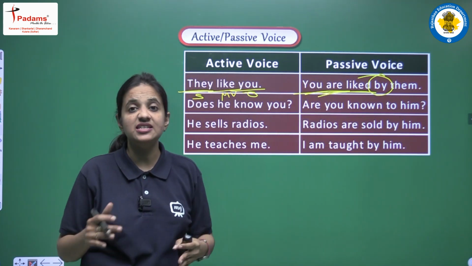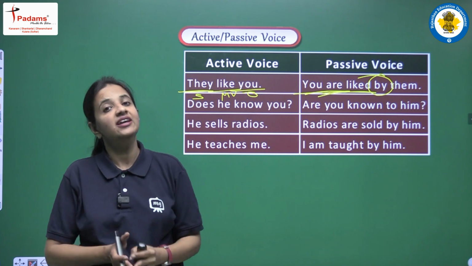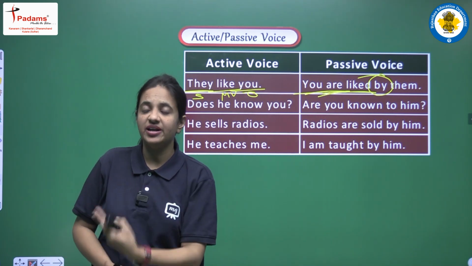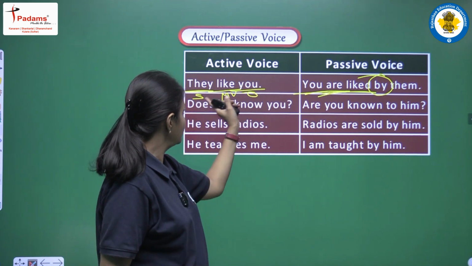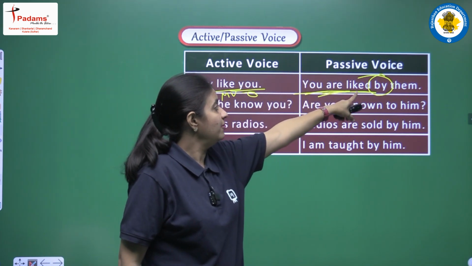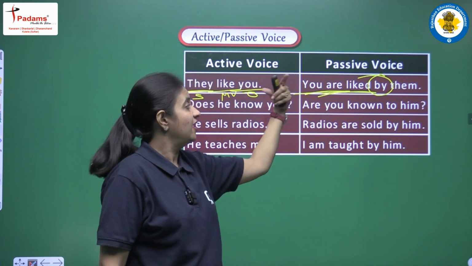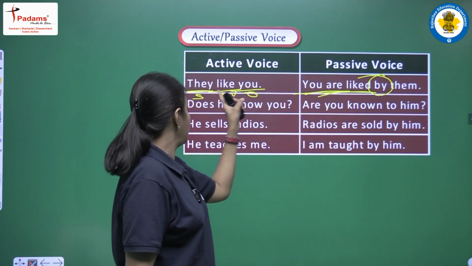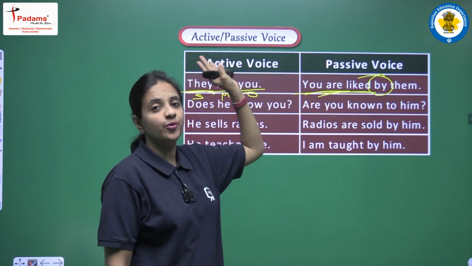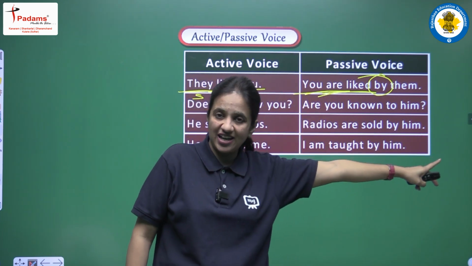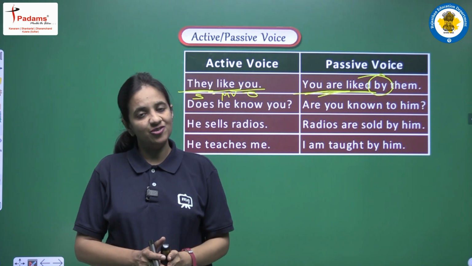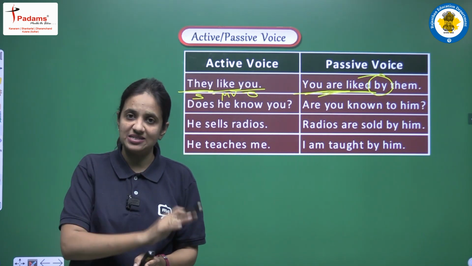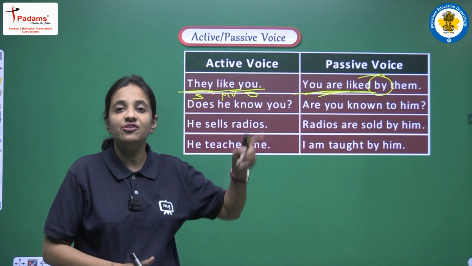Okay, so इस तरह से स्टेप बाय स्टेप आपको चेंजेस करने हैं. जो हमने लास्ट वीडियो में सारे चेंजेस पढ़े हैं, ओके, हम वही चेंजेस कर रहे हैं. हमने प्लेसेस चेंज कर दी हैं सब्जेक्ट ऑब्जेक्ट की, हमने मेन वर्ब की थर्ड फॉर्म यूज की है, हम हेल्पिंग वर्ब चेंज कर रहे हैं, एंड हमने सब्जेक्टिव केस को प्रोनाउन के ऑब्जेक्टिव केस में चेंज किया है. So all these are the different changes that we have to do when we are converting a sentence from active to passive voice. Now we are just discussing the different tenses.